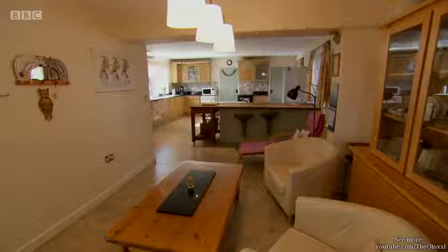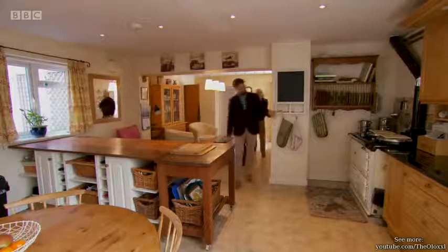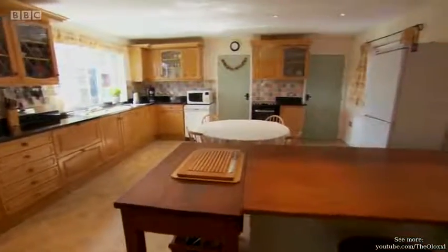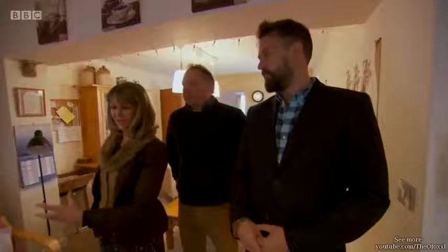Great. Yeah, good. It's quite a size, isn't it? That's huge. That's terrific. You come forward, you can see it really is a very big kitchen. Got a lovely range cooker here, masses of working space, an island. That's great. There's loads of stuff going on. You've got a small table there, you've got a breakfast bar there, you've got a snug there, and yet it